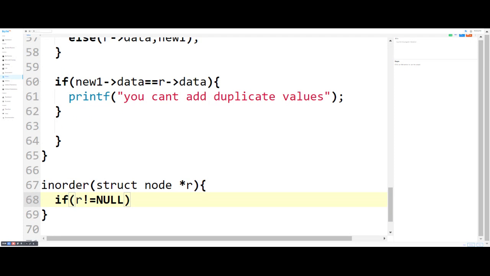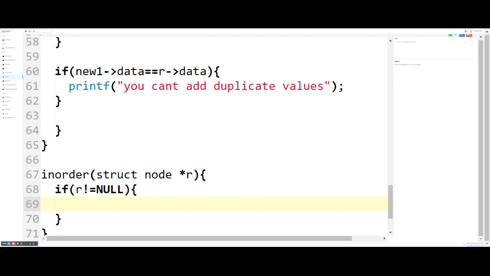If root not equal to null, we simply call the in order function, and here we provide root of left address.